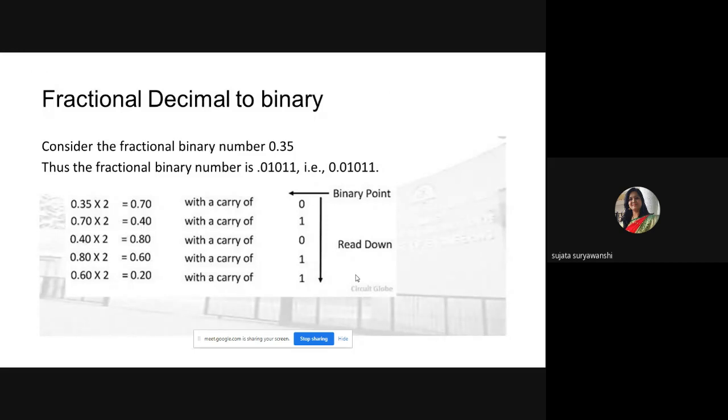So everyone write down one example. Convert the given decimal number into the equivalent binary number. Your number is 25.17. And tell me the answer. Here the integer part is 25 and the fractional part is 0.17. So use successive division for 25 and next successive multiplication for the fractional part.